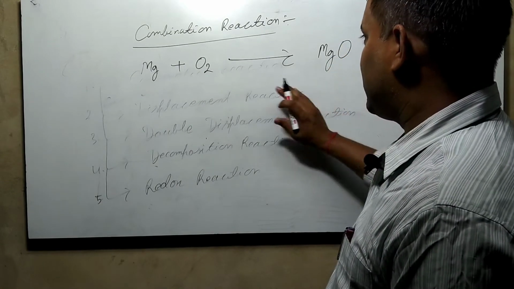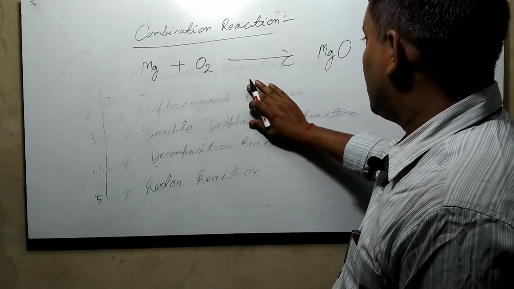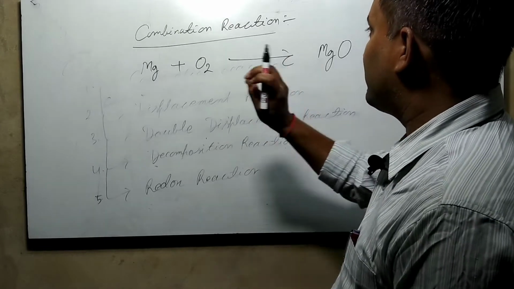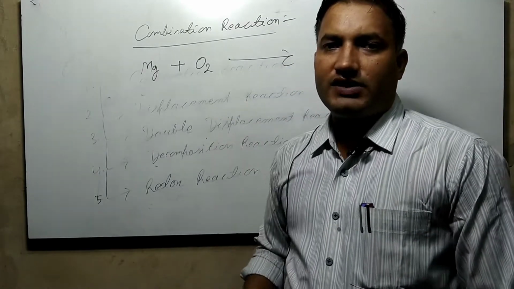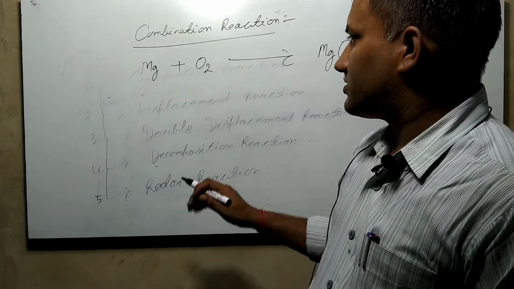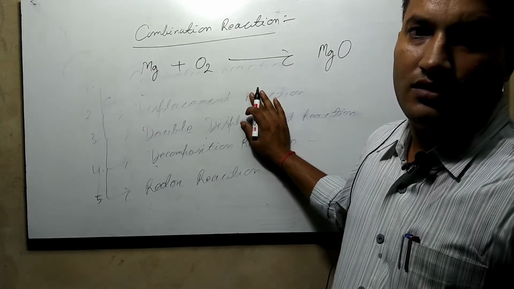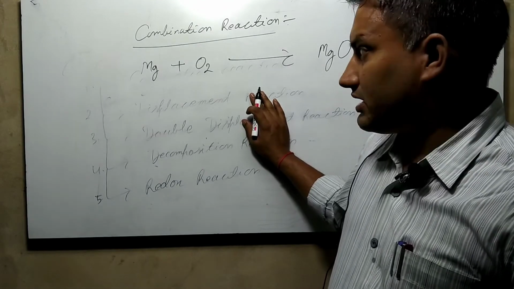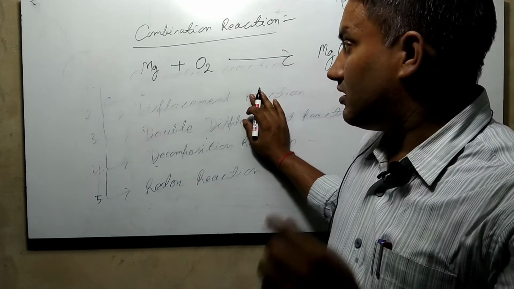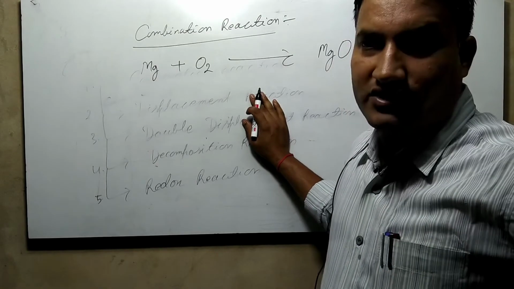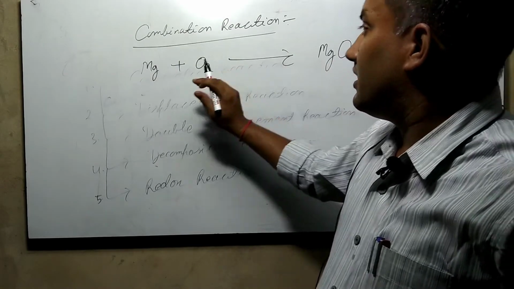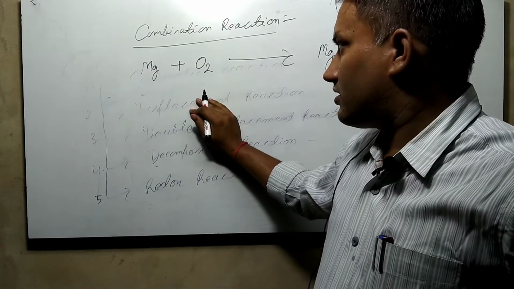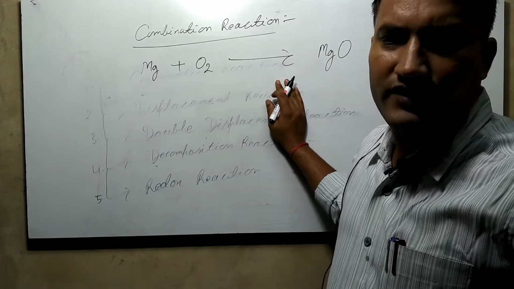This equation is a skeletal equation because it is not satisfying the law of conservation of mass. Now the term is coming: what is the law of conservation of mass? When the mass of reactants, the weight of reactants, is equal to the weight of products, it is called the law of conservation of mass. It is given by Lavoisier. All those equations which do not satisfy the law of conservation of mass are called skeletal equations. Later on we will also discuss.